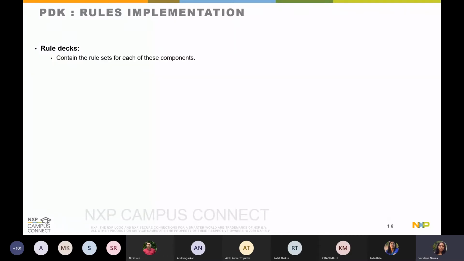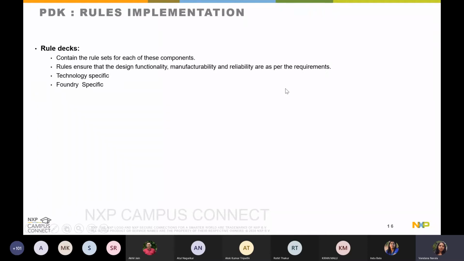When we are talking about the rule decks, there are multiple rule decks for each of these components. By component, I mean the different engines or different collaterals of the PDK, like LVS, DRC, extraction, and so on. These rules are meant to ensure the functionality, manufacturability and reliability of the design in question. So basically, all these rule decks in the PDK are technology specific and foundry specific, because